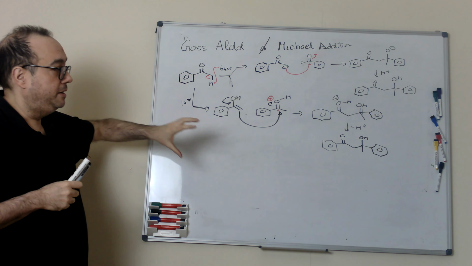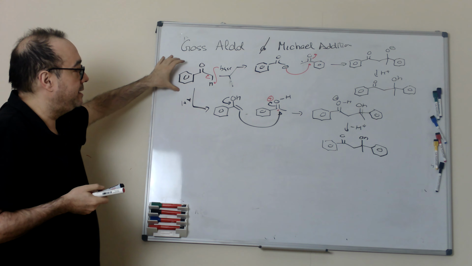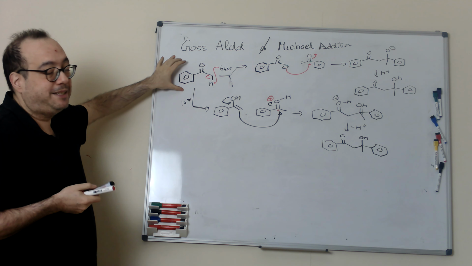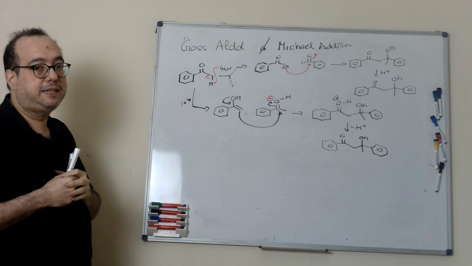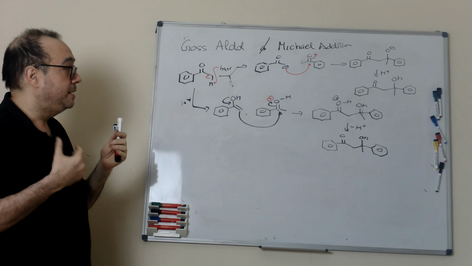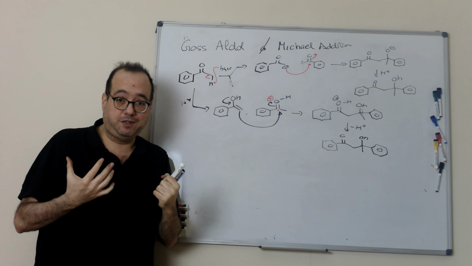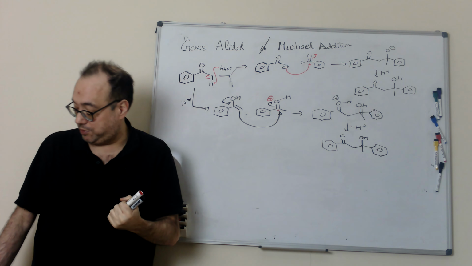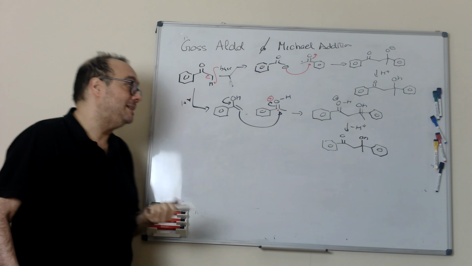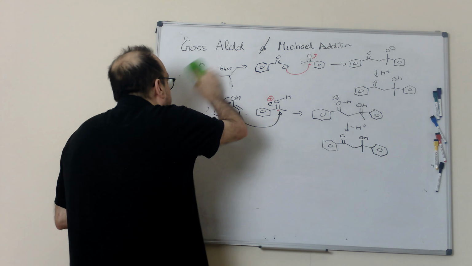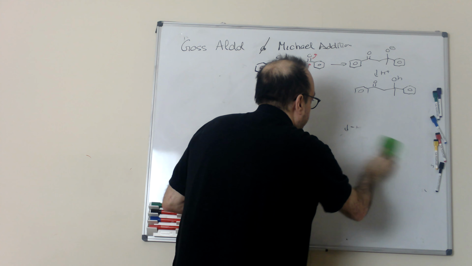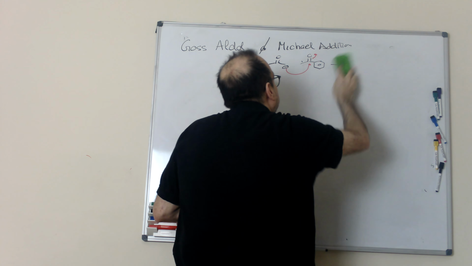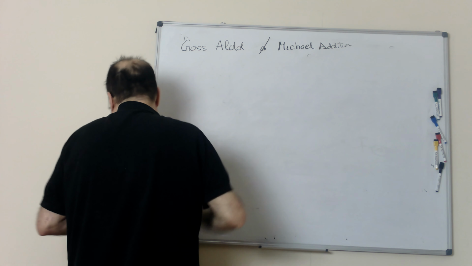However, it's quite limited because we are basically dimerizing this starting material. The question is, can we use two different carbonyl compounds to do an aldol reaction? And the answer is yes. Okay, we can use two different compounds. And the typical example is